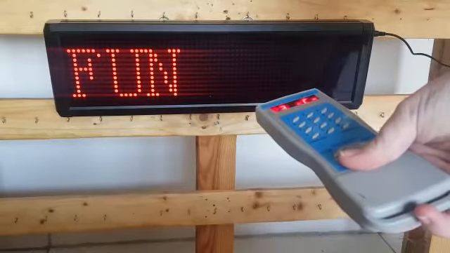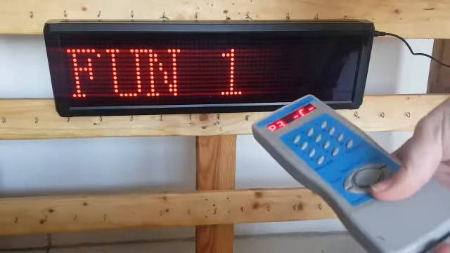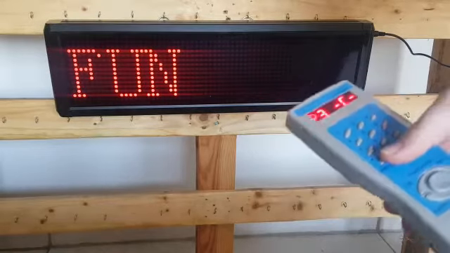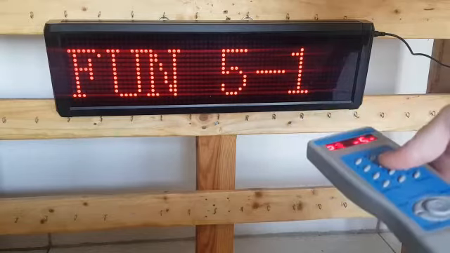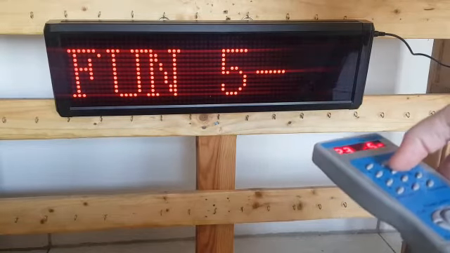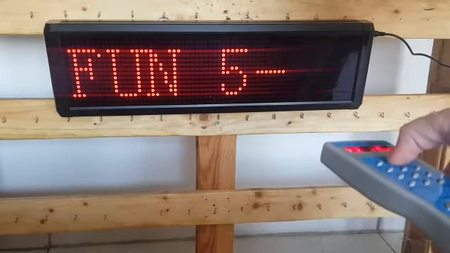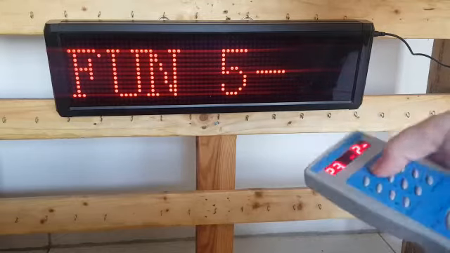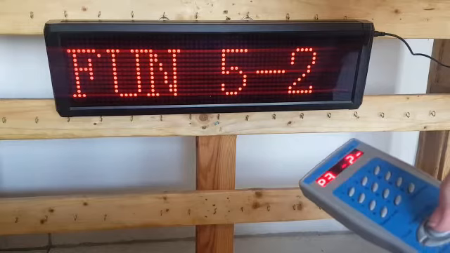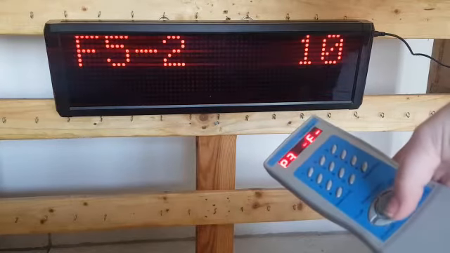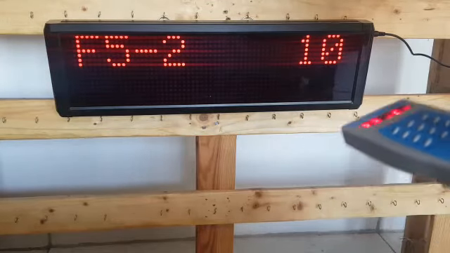It will show Fun 1 on your display panel. You will change the 1 to a 5 by pressing 5 on the remote. And when it shows 5-1, you change that 1 to a 2 by pressing 2 on the remote. Then once it shows Fun 5-2, you press enter on your remote, and you will now see the current volume